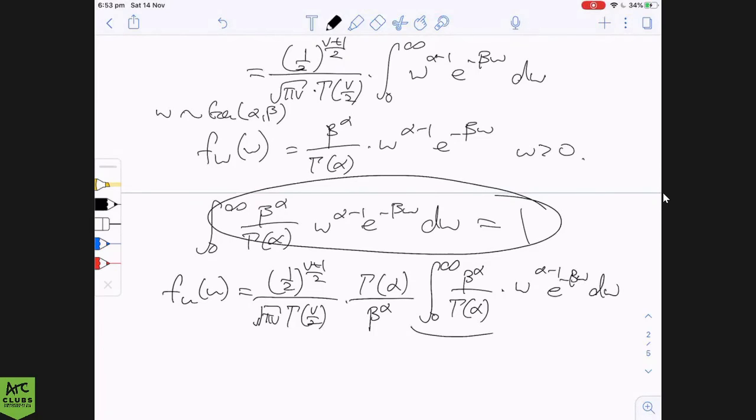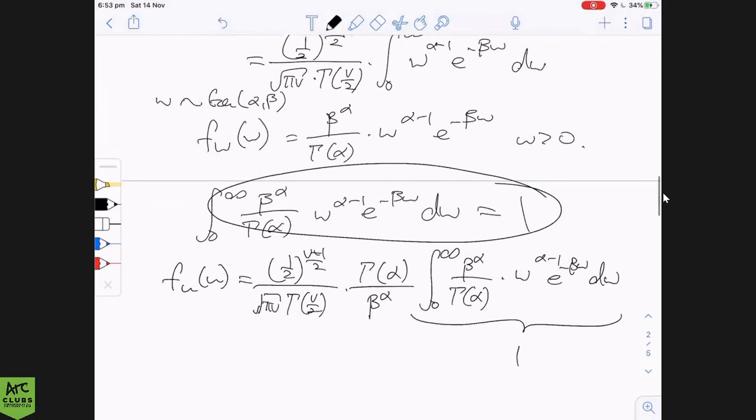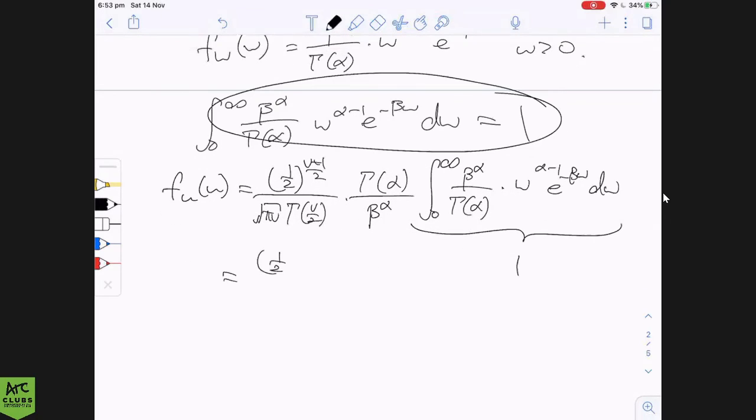So then this turns into 1, and so you just end up with a half to the power of v plus 1 over 2 divided by square root of pi times v gamma of v over 2, and then alpha is v plus a half,